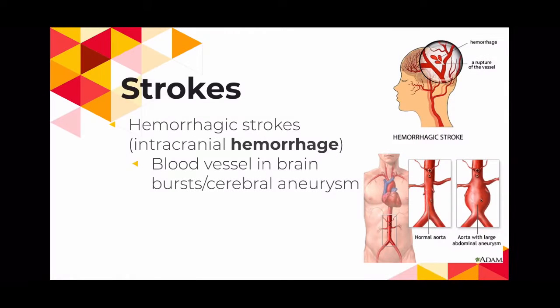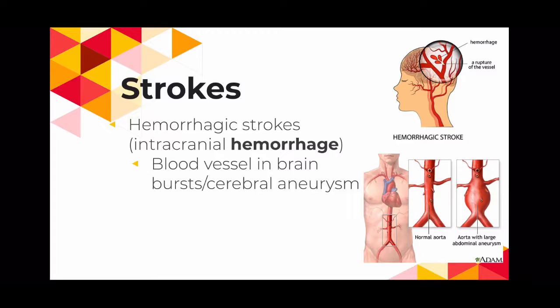The other type of stroke is called a hemorrhagic stroke, also known as intracranial hemorrhage. Hemorrhage is one of your words, and it means to bleed profusely. So a hemorrhagic stroke is when a blood vessel in the brain bursts or a cerebral aneurysm ruptures. Aneurysm is also one of your words, and that is an excessive enlargement of an artery caused by the weakening